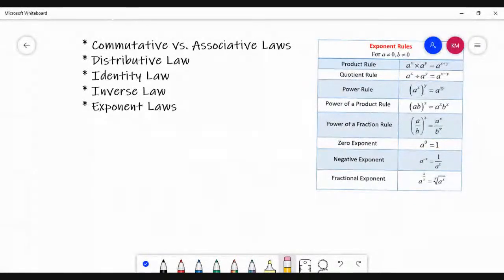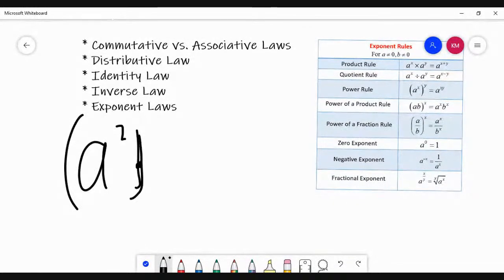So, you have a to the 2 times, how did they do this one? Actually, it's not even times. It was raised to a fractional power, which gives me,